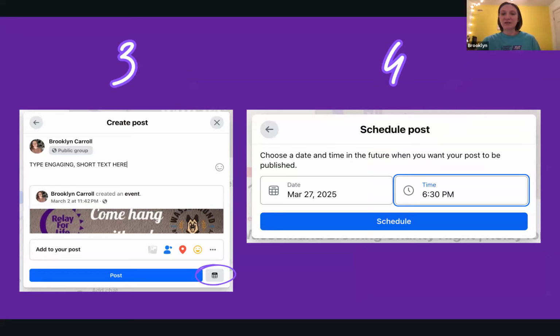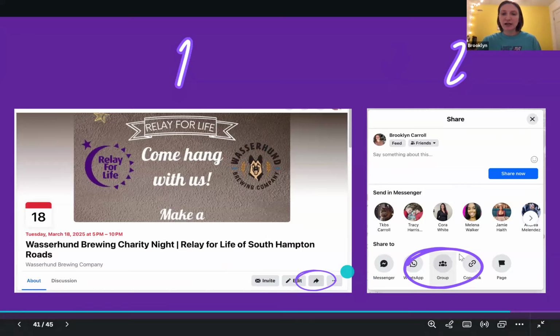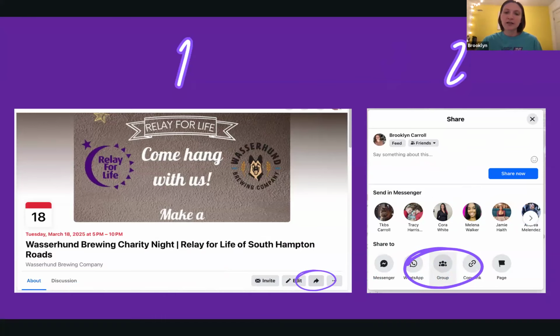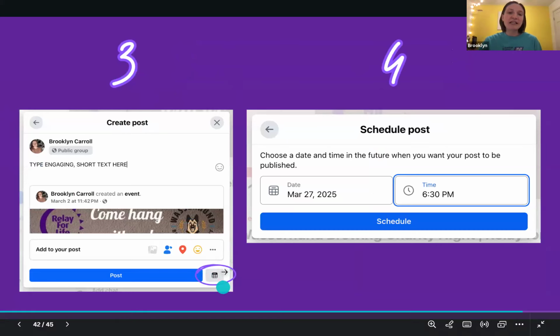So again, I make my events in Facebook within the group. Once you make the event, all you have to do is hit the little share button, that little share arrow icon. Then make sure you click group. You don't want to share to your personal page. I mean, of course you can, but that's not the point of this. So share to the group. Once you click your group, type the content and then hit that little calendar button at the bottom right